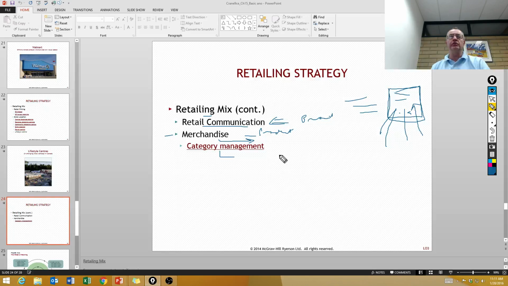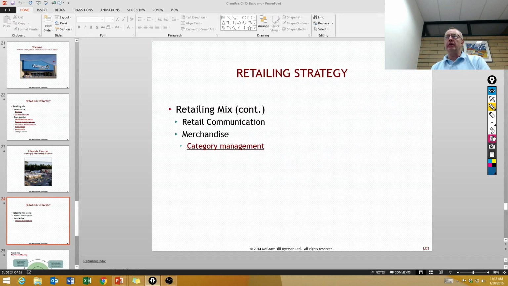So in a big department store, you'll have the shoes section, and the manager tries to manage the sales so they maximize profits for the whole category of shoes, as opposed to this particular brand of shoes or that particular brand of shoes. So we have managers assigned by product category, so food, clothing, furniture, and so on. Okay, so we're kind of coming up to the end of the chapter here.